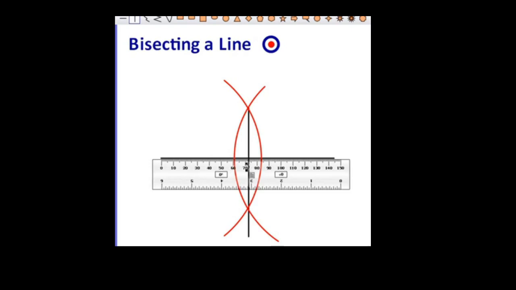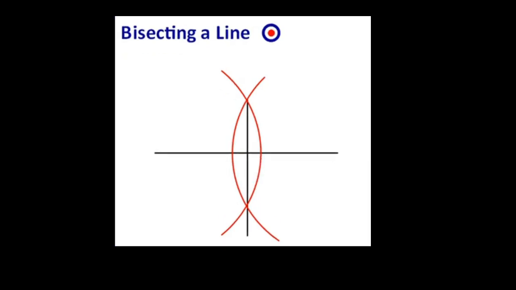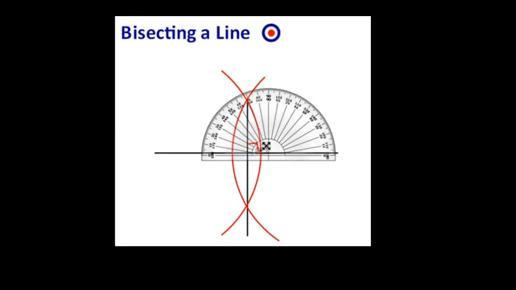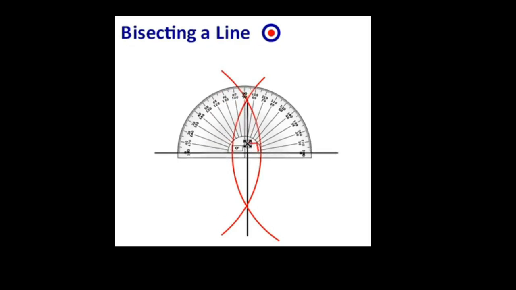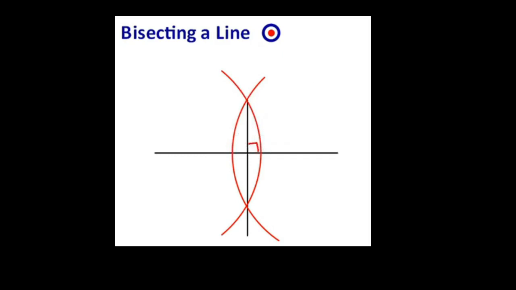Now you can see the length of the line is 14 centimeters. Therefore, the radius is 7. The half of the length is 7.0. The length of the line is 14.0. So after bisection, the line is divided into two equal parts, and this line is making an angle of 90 degrees with it. You can check it using a protractor. So this is nothing but the bisection of a line using a compass. Clear?